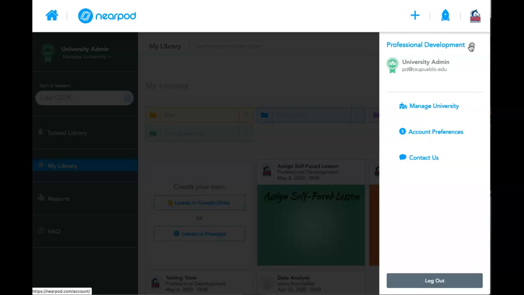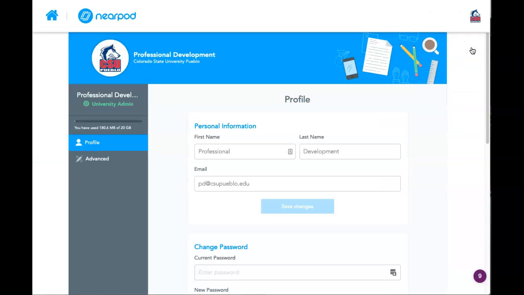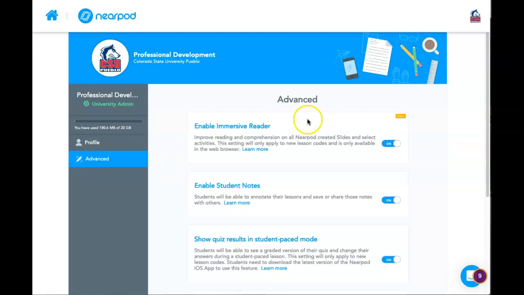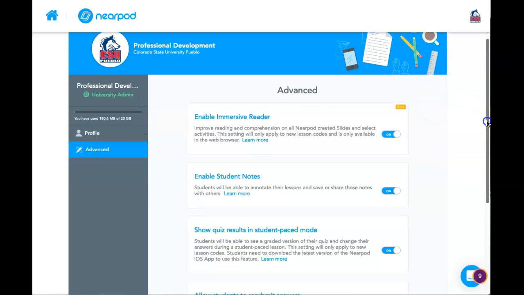Now keep in mind that these are global, these are not per lesson, so whatever I set now will apply to every lesson on my dashboard until I change it again, and then that will override all the settings. So I clicked my account icon, my account name is displayed, and there's a little cog next to it. I click that cog. The first area it takes me to is my profile, where I can change my photo and other account details. I'm going to click Advanced, and these are the options that I can enable or disable